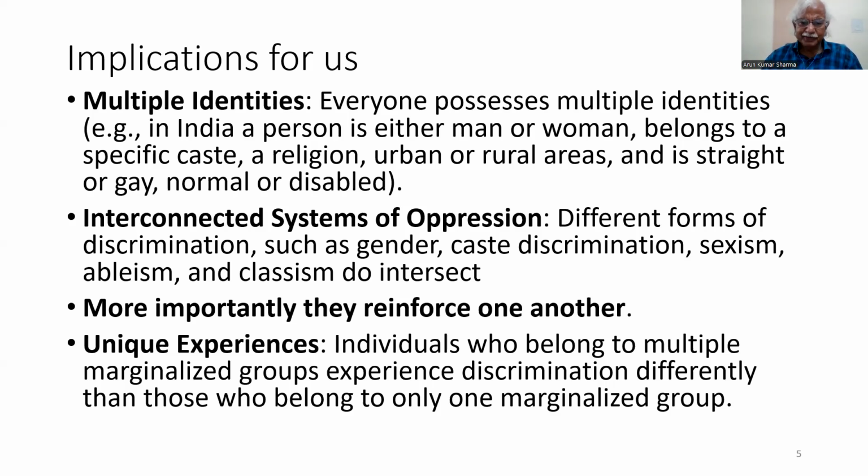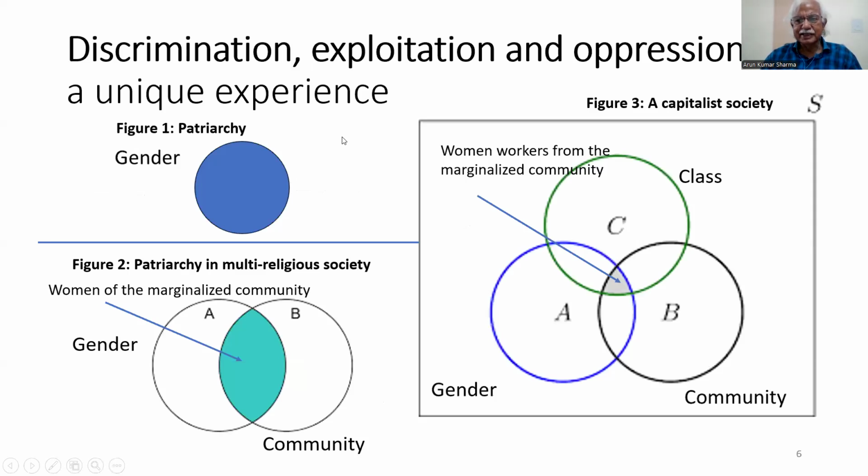And that means that individuals who belong to multiple marginalized groups experience discrimination differently than those who belong to only one marginalized group. So that means if you belong to scheduled caste category, but you are a man, your problems are of one kind. But if you are a member of the scheduled caste and you are a woman, then your problems are double, or your discrimination or your oppression is doubly compounded. This is what the concept tells us. Going back to set theoretic concept,